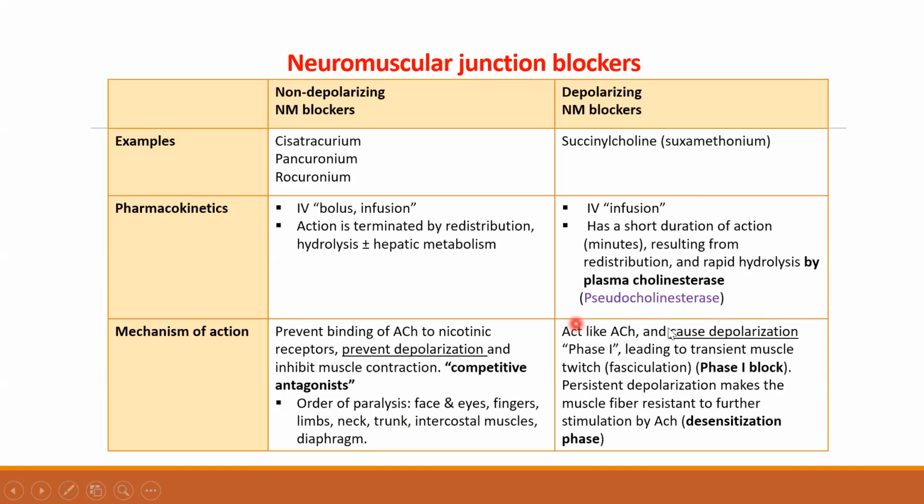So it acts like acetylcholine, and it will bind with the nicotinic receptor and cause depolarization initially. And this depolarization is going to be persistent depolarization. And this is going to be like phase 1. That's why they call it phase 1 block, because it will cause this depolarization and the muscle will be stuck in that phase. And it's during that phase that you might even see, if somebody is operating and looking at the arms and legs of the patient, the muscle fasciculations with your eyes, happening as a response to this persistent depolarization.